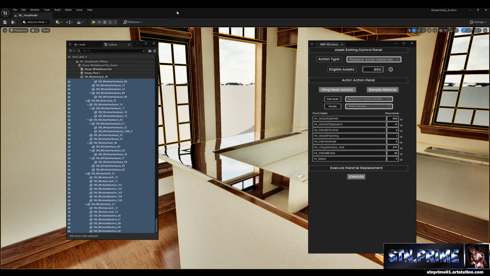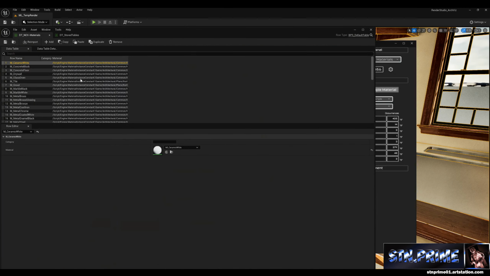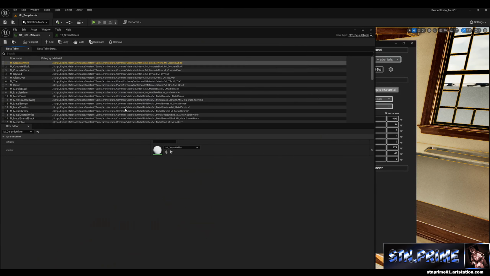The way that the control panel was verifying that it found the correct asset replacement, whether it's a static mesh asset or a material asset, the way that it verified that it was the correct one was through the asset name, rather than the row name. Now, the row name was always being searched, which is why you have the option of removing the prefix from your table row searching. However,